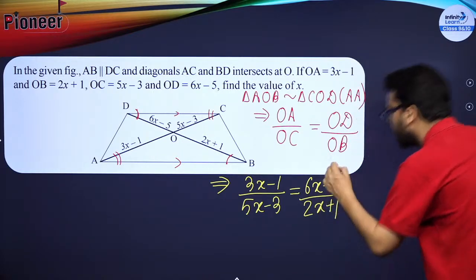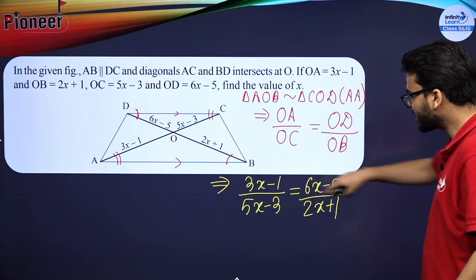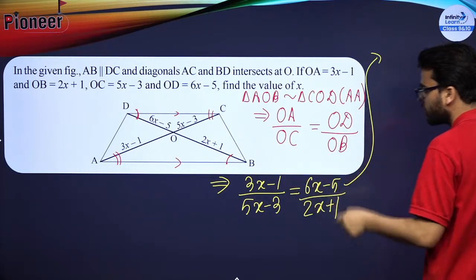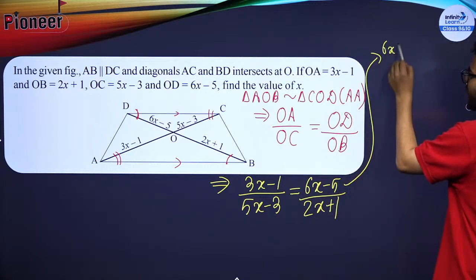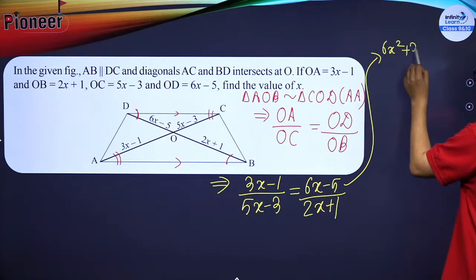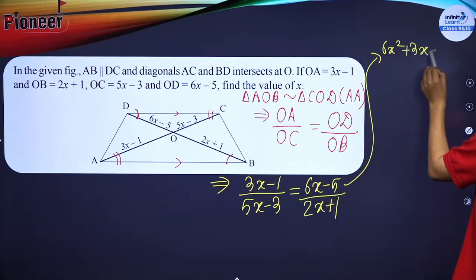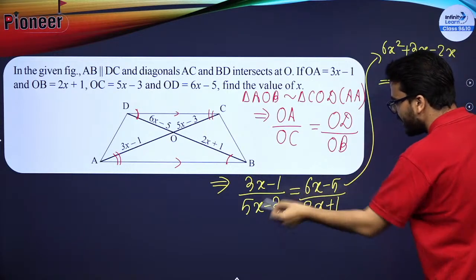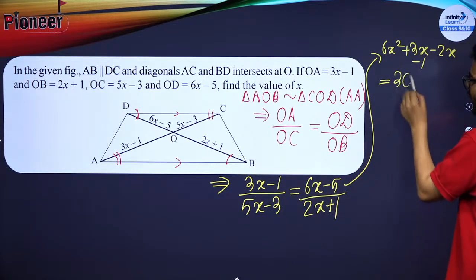2x plus 1. I hope this thing is clear up till here. Now you just have to cross multiply and simplify. Just cross multiply and check the values, you will get 6x square. If I am multiplying 6x square plus 3x minus 2x minus 1 over here, and that is equal to, if I cross multiply, you will get 5 6s are 30x square